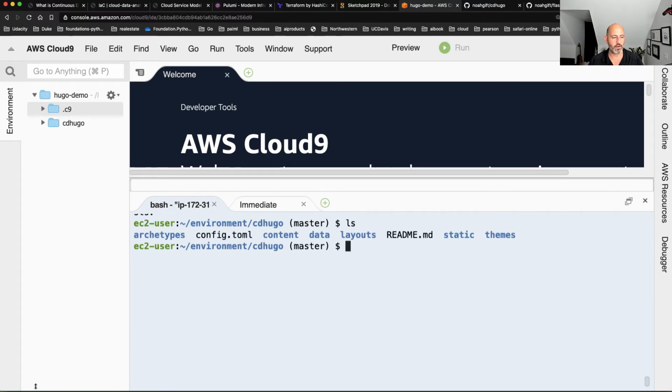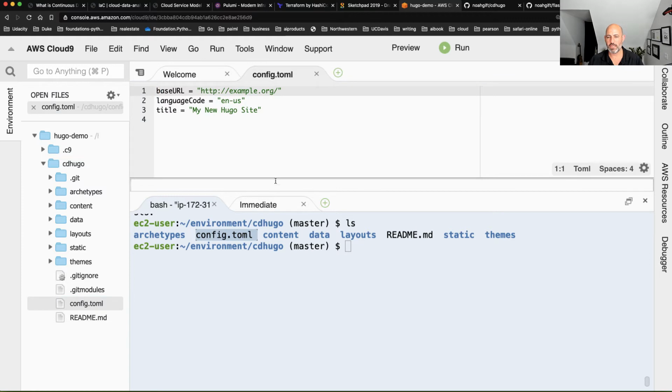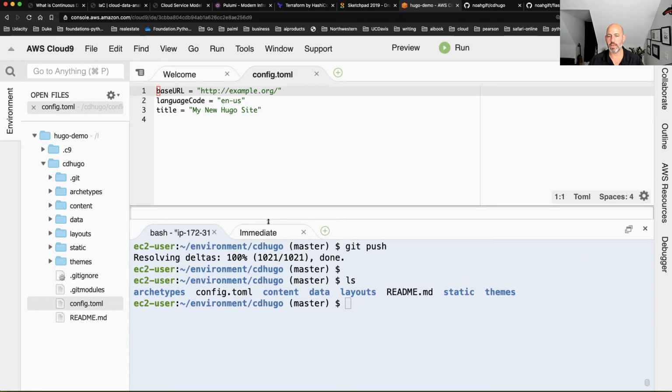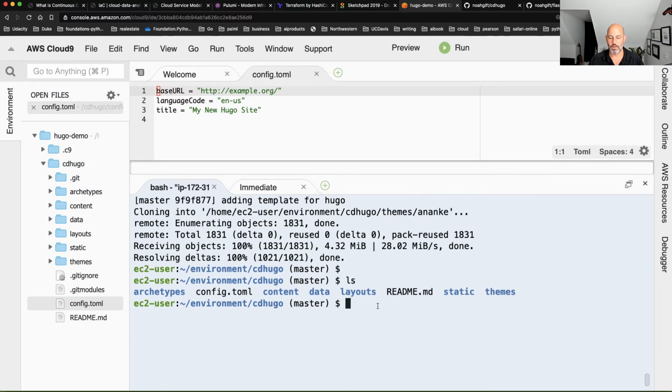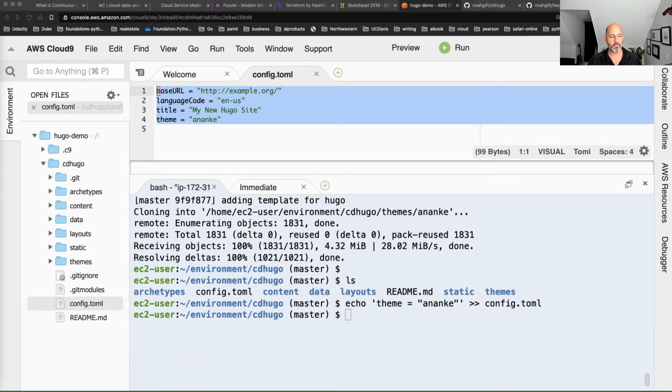And then from here, I can actually echo out what the theme is inside of my config file. And this is where everything is controlled in Hugo. So I can even look at that real quick. If I go to config, you can see it's just a simple type of config file here. So I go through here and I say echo, and now I put the new theme, which is this theme, which is the one I downloaded. So we're pretty close to ready to go.